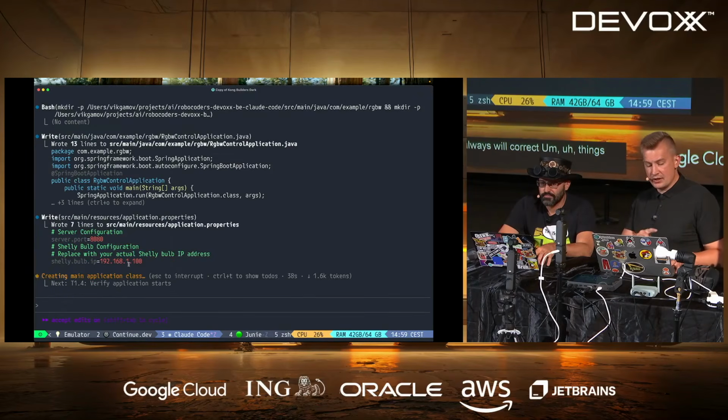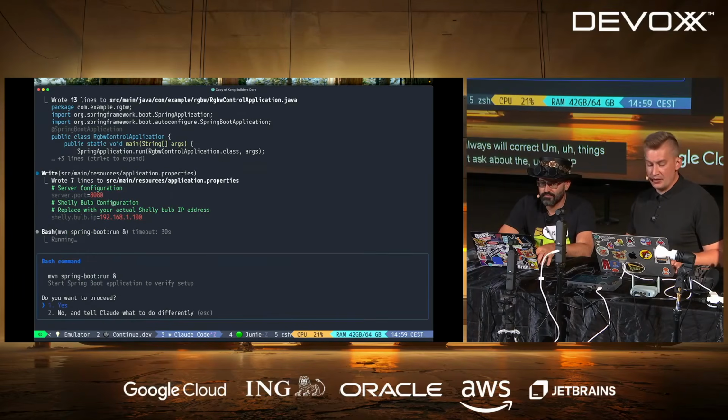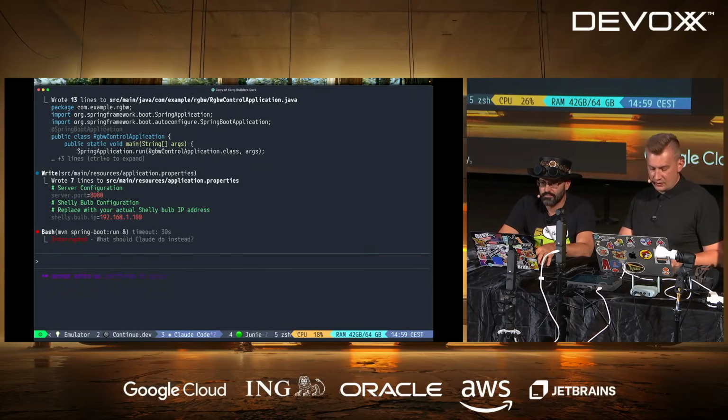The difference here is that it didn't ask about the IP address of the bulb, and in this case I can say, hey, you didn't ask for the correct bulb IP, but here it is: 192.168.8.135.